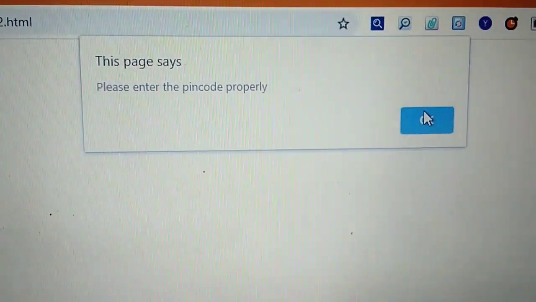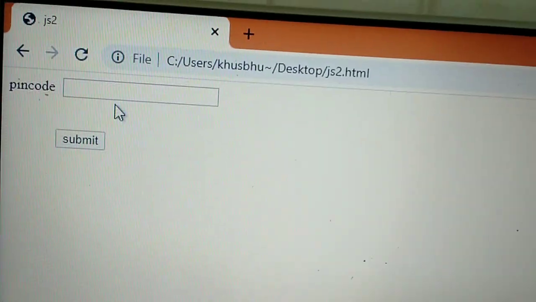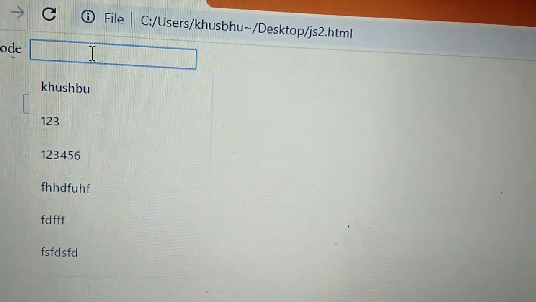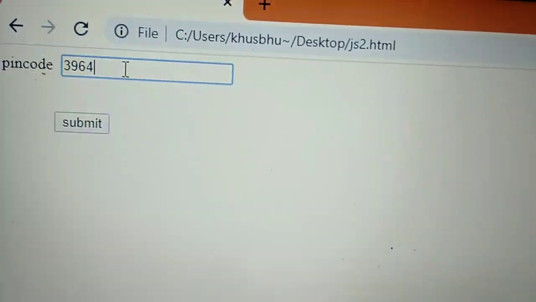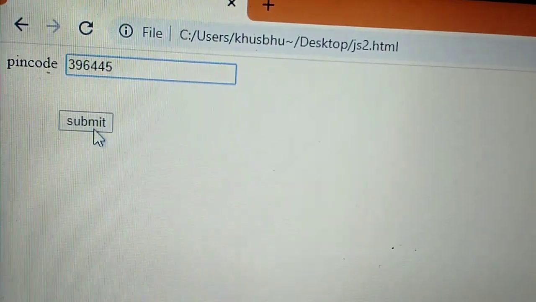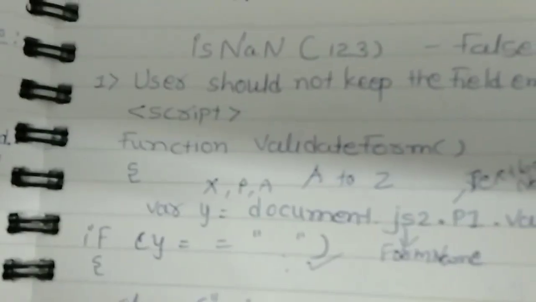Now we select the OK button and write a pin code inside it, 396445, and submit. Okay, our first condition is done, that is, the user should not keep the field empty.